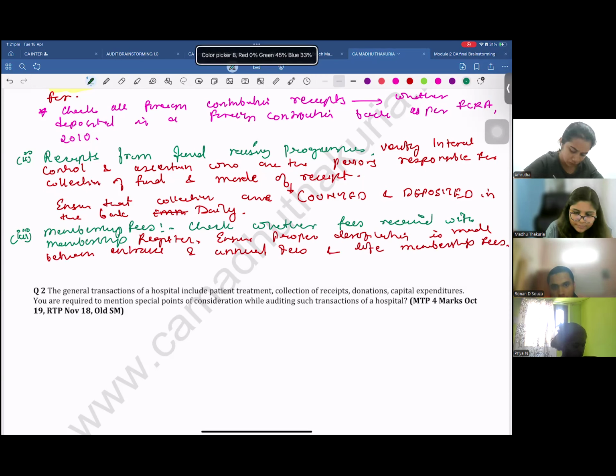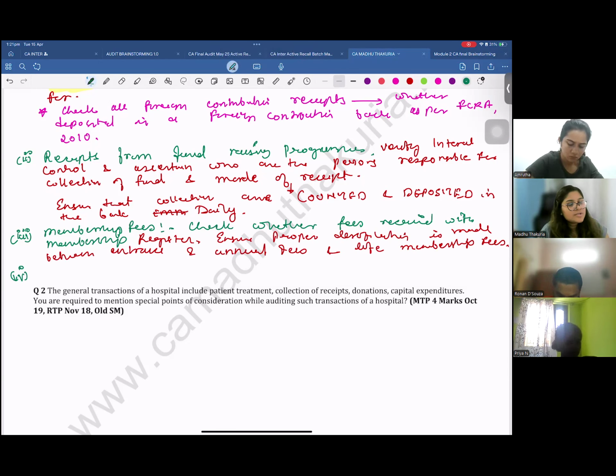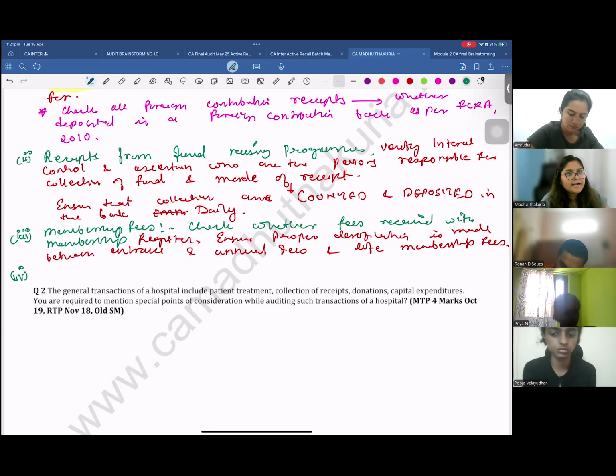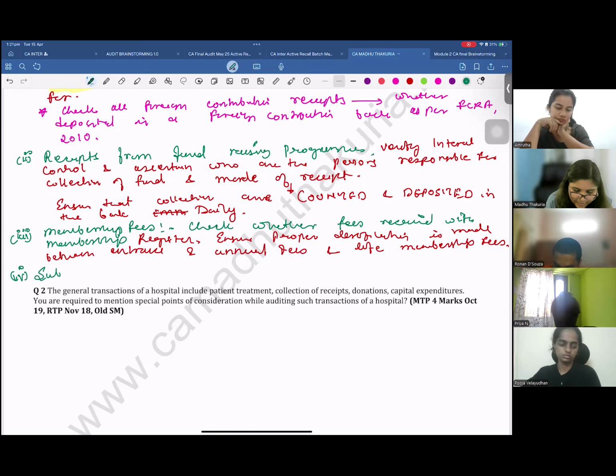Then fourth, these NGOs, NPOs, they issue a lot of journals for their members. And also if there are any subscription fees that the NGO is receiving, subscription fees,